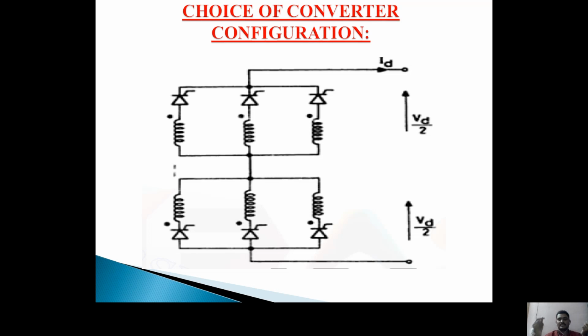In this one, the transformer winding is taken as single. Here I am taking 6 valves or 6 thyristors. Each thyristor is connected to a reactor or inductor, and these are all connected to a single line, that is the DC line. Each group consists of voltage VD by 2 and VD by 2. From these we obtain the VD value, that is VD is equal to VD by 2 minus of minus VD by 2, which is equal to VD.